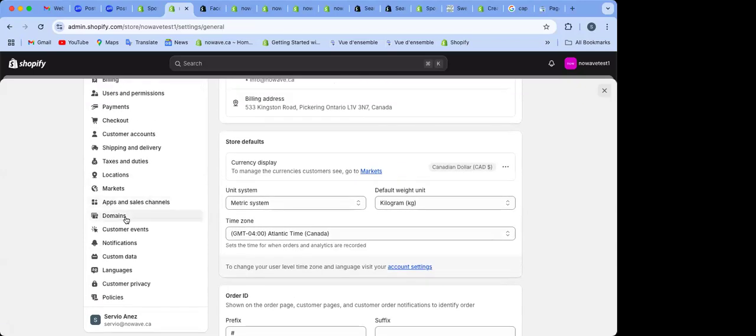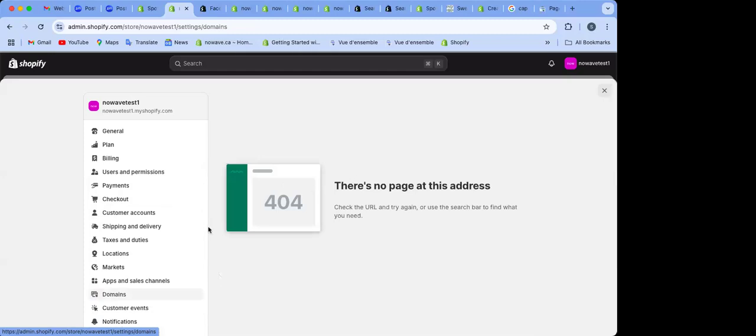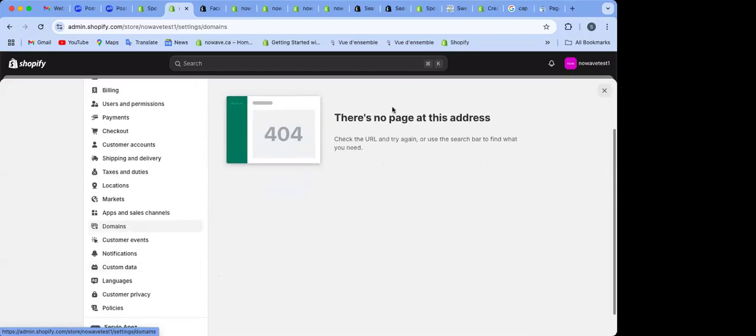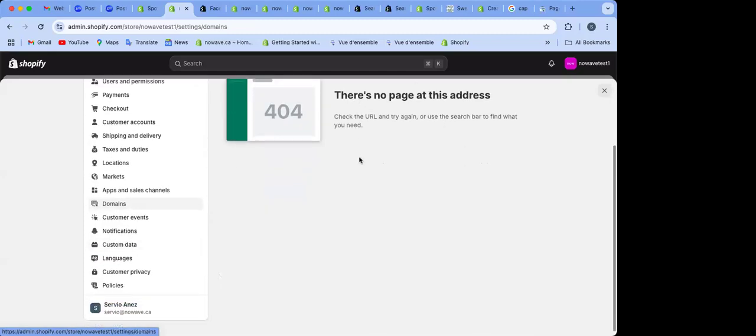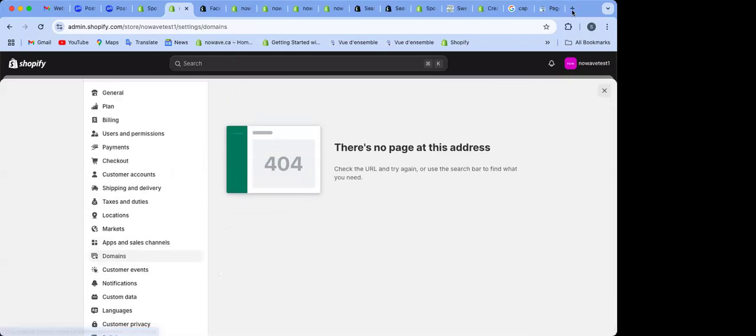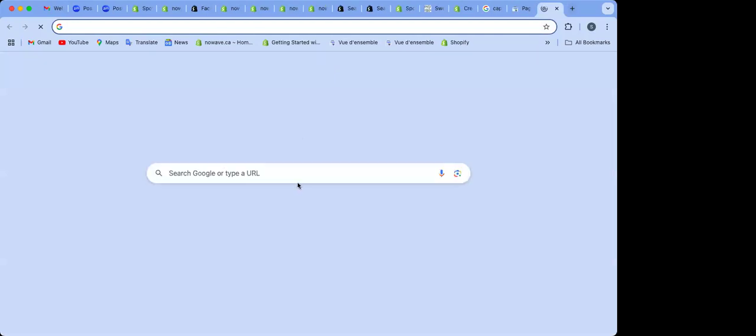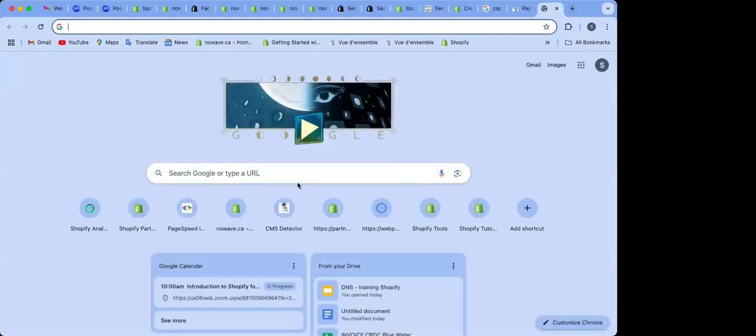In order to have a domain and connect the domain to your page, you have two options. You can buy the domain from Shopify. You can see if your domain is available in Shopify and buy it from them, or you can have a third party